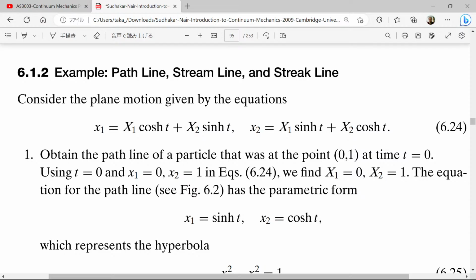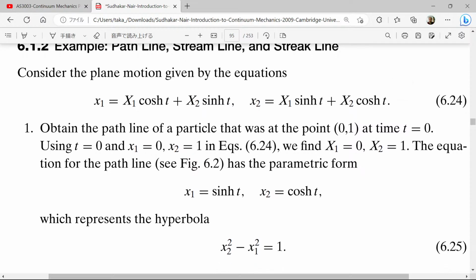Consider the plane motion given by the equation: small x1 equals large X1 cos t plus large X2 sin t, small x2 equals large X1 sin t plus large X2 cos t. Obtain the path line of a particle that was at the point (0, 1) at time t equals 0. Using t equals 0 and X1 equals 0, X2 equals 1 in equation 6.24,